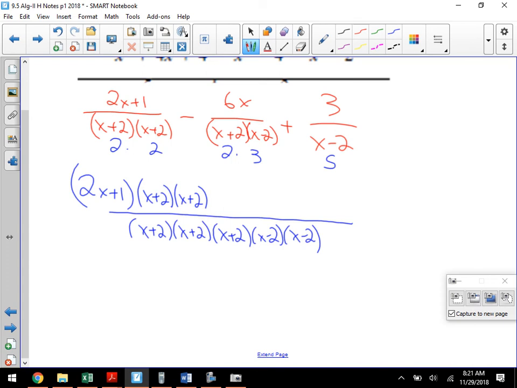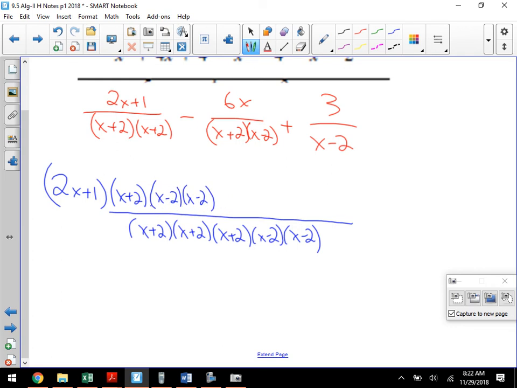So this one already has... Oh, I got too many of them. Sorry, I was looking at the second one there. So this one has 2 of the plus 2s. It needs 1 plus 2 and 2 minus 2s. The one in the middle needs a minus 2 and 2 of the plus 2s. And the last one,